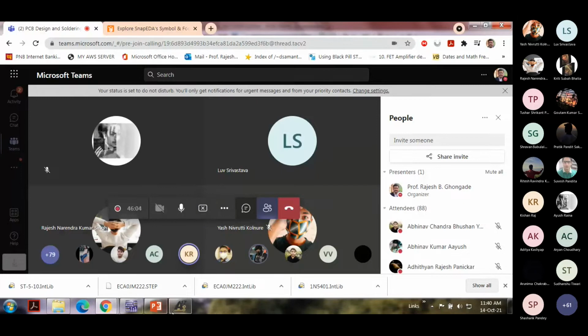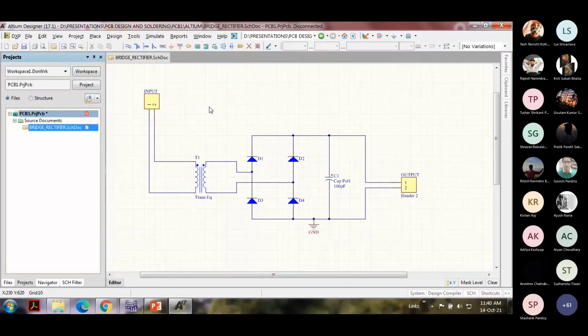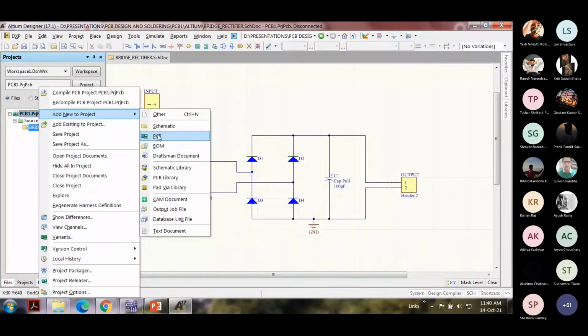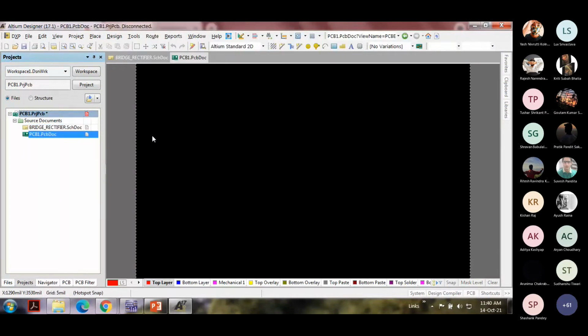Okay. Now the next part is very important, and that is I'm going to create a PCB document. So add new to project again, just like what you did for the schematic, PCB. Now immediately you'll see that the screen changes and a blank PCB will be presented over here.